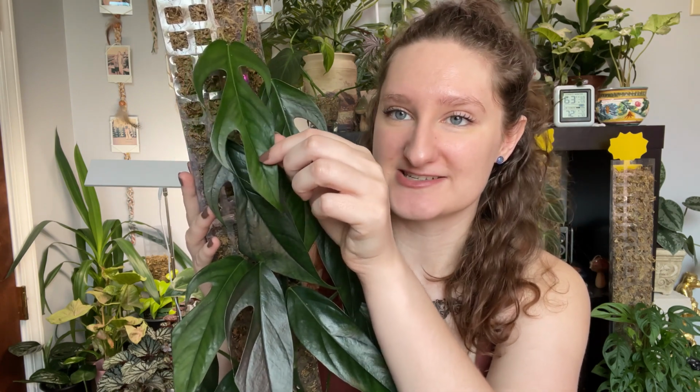So there's 1, 2, 3, 4, 5 fenestrated leaves, just one fenestration. Dun, dun, dun, dun. The newest leaf has 3 fenestrations on it. What? When I saw this unfurling, I truly couldn't believe my eyes. It's still hardening off, it is still expanding, but I just couldn't believe it has put out, you know, only